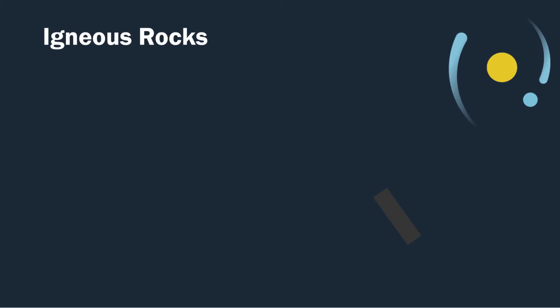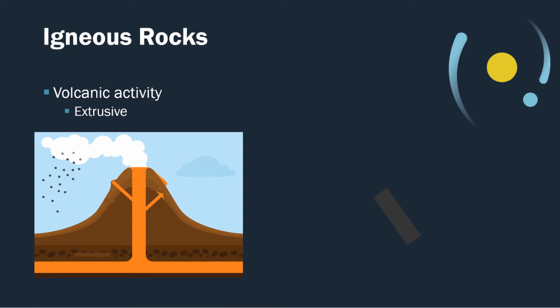As mentioned before, igneous rocks are often related to volcanic activity. When we think of volcanoes, we typically think of them exploding. The type of rock that originates from exploding volcanoes is extrusive igneous rock. Take a minute to draw a volcano with lava exploding out of it. When this lava cools, extrusive igneous rocks are formed.